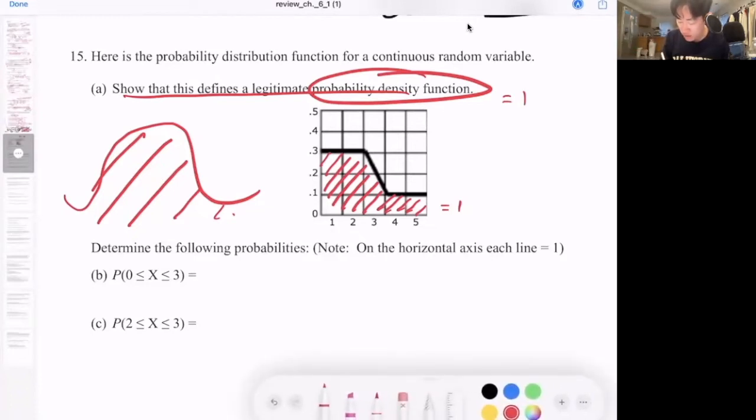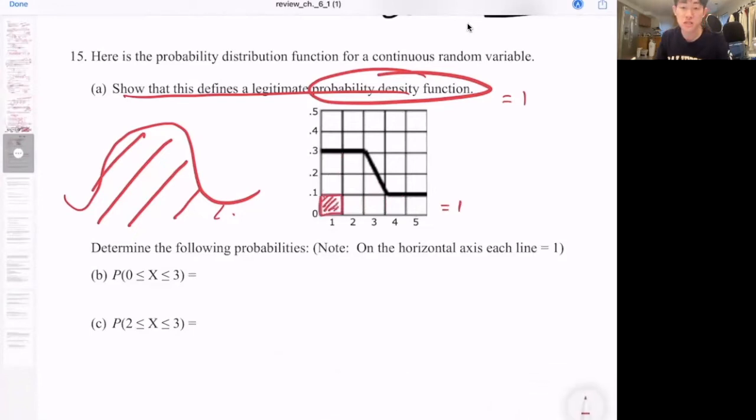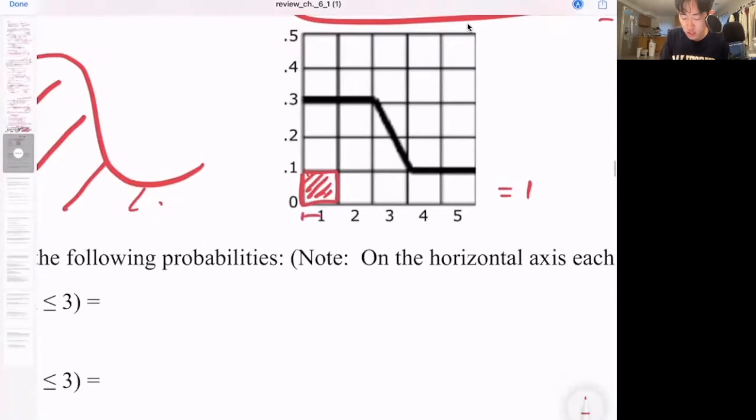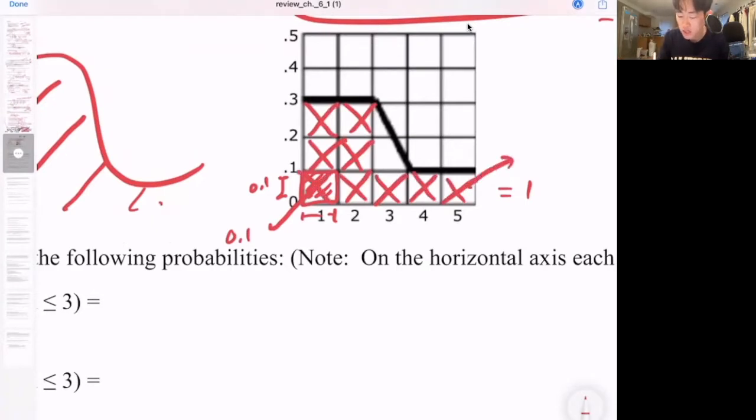So how do I figure out the area of all of these? Well, think about what constitutes this little square right here. In horizontal distance, it's 1, and in vertical distance, that's a chance of happening, which is 0.1. It's basically finding the expected value of this entire thing. So this little red box represents 0.1. If you count them, that's 1, 2, 3, 4, 5, 6, 7, 8, and 9 for the very first one. That adds up to about 0.9 in total.